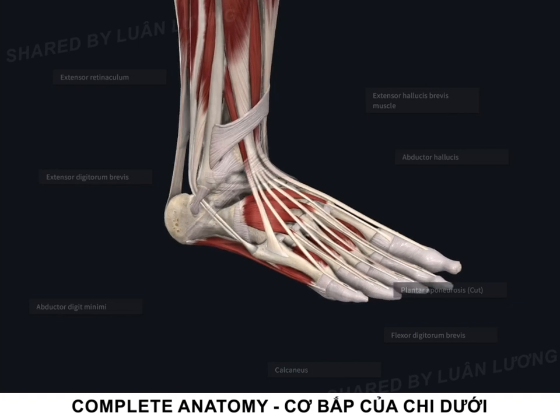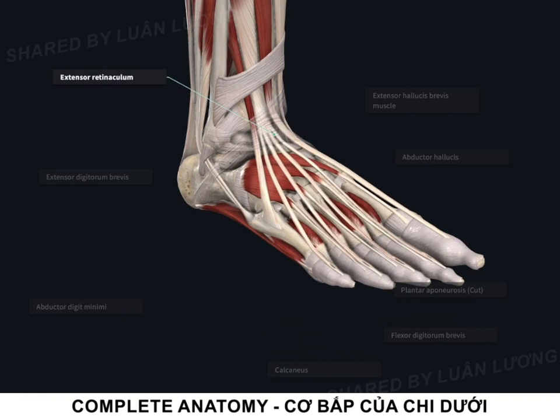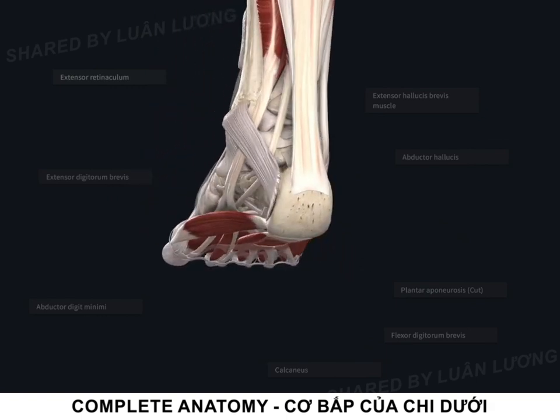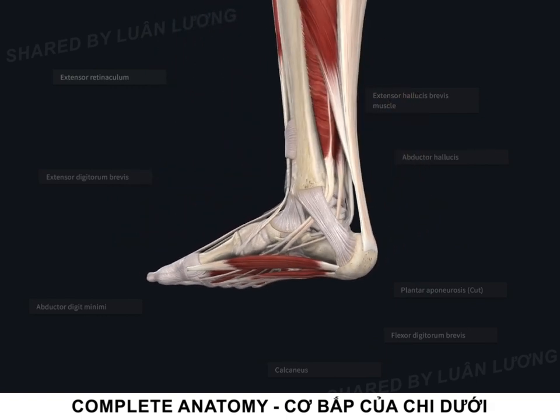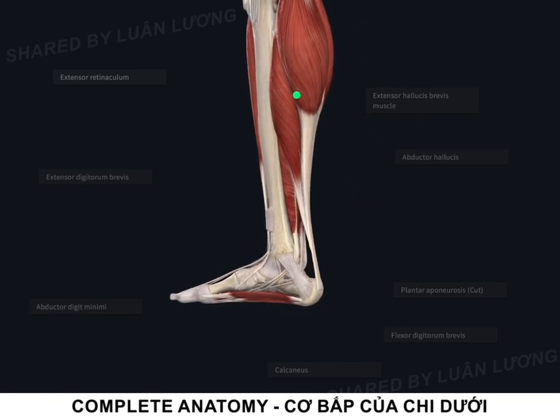One thing I do want to highlight is that we see here a faded portion of the extensor retinaculum. Note how this fibrous piece of connective tissue helps hold down the different tendons passing into the foot. This concept is quite important as it's going to allow for more efficient contraction of muscles positioned higher up in the leg. So as the muscles within the leg contract, it's going to produce motion in the foot around the